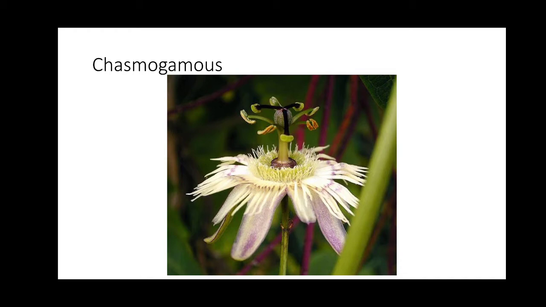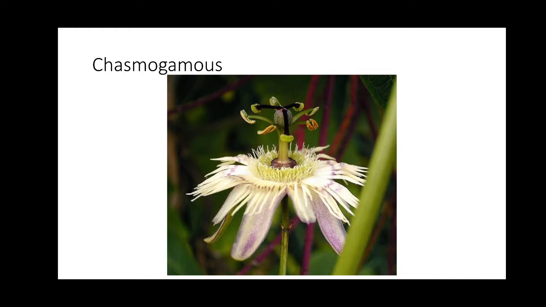In that case, they are going to find that these flowers are completely bloomed like that. But there is a higher chance of cross pollination in this particular type of flower than in the previous one, because this flower has a higher chance of dispersal of its pollen to a different flower, or even involvement of other organisms like animals, which come to sit on the surface and then carry the pollen somewhere else. So for those cases, there's a higher chance in this particular type of flower, the chasmogamous type.